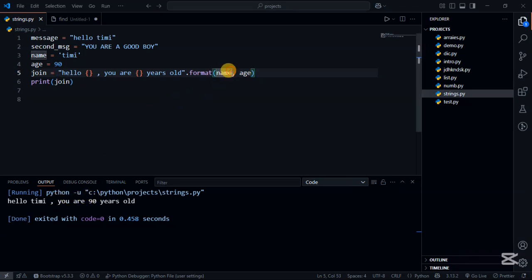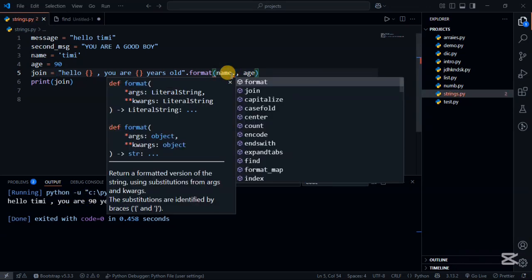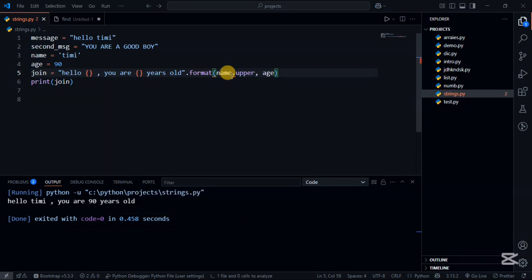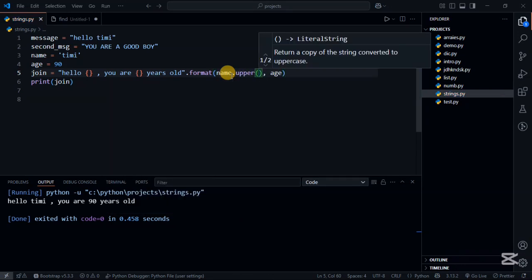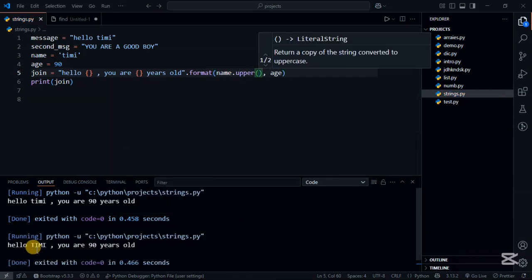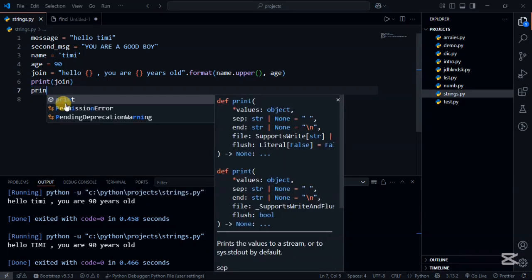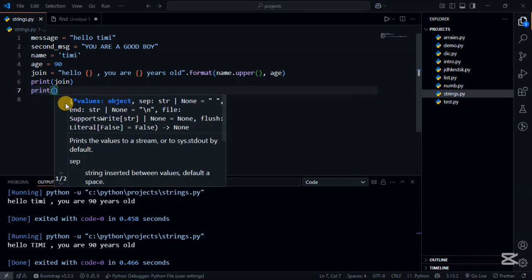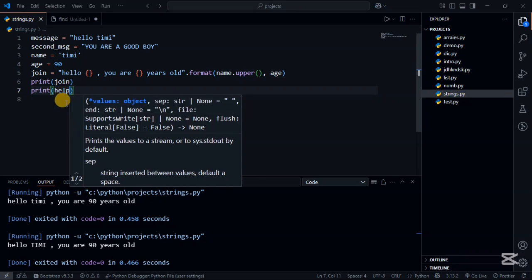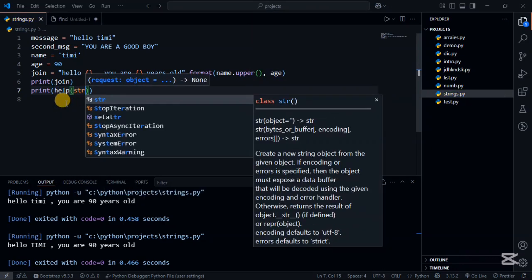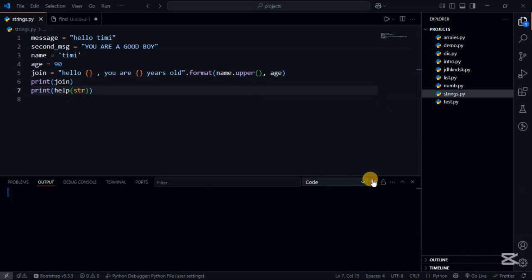If I want to do something like dot upper in the name, I want the name to be capitalized. If I run it, I'll have hello TIMMY. As you can see, these are all the functions I used the other time. If you want to see the list of functions that you can work with, you can use the print function, help, and you just say str. Let me clear this off. If I run it now,